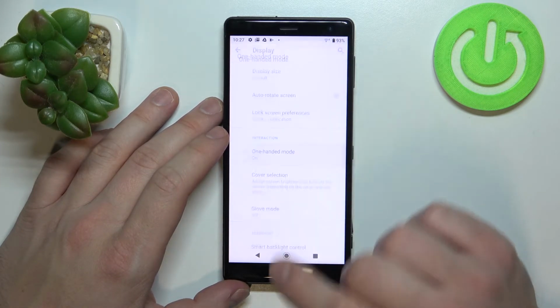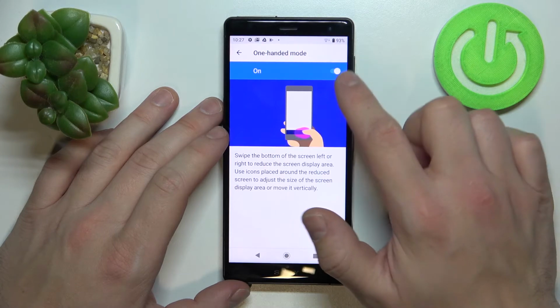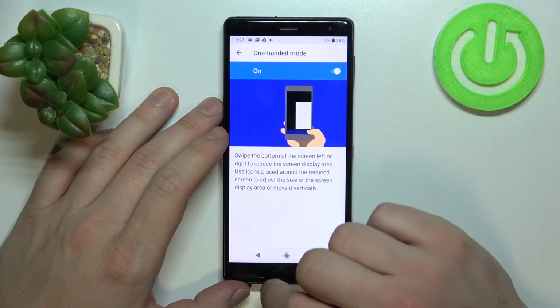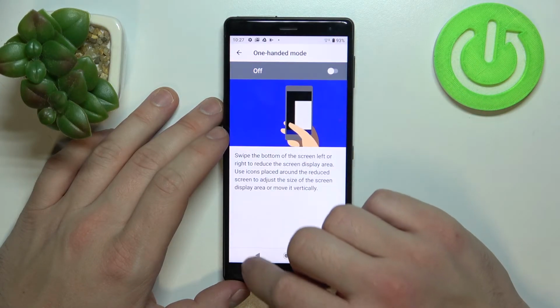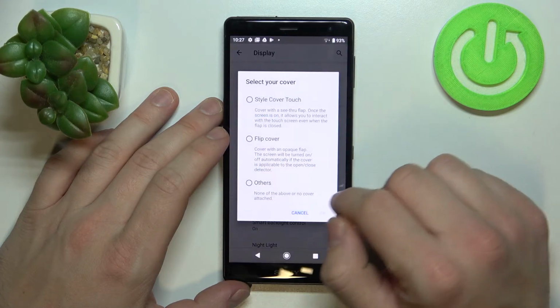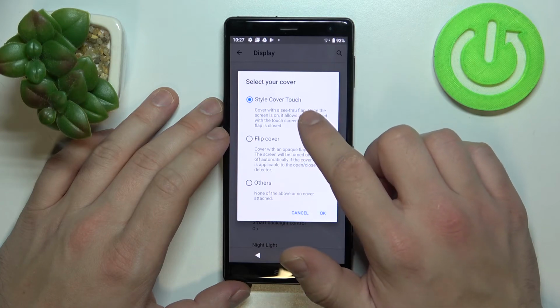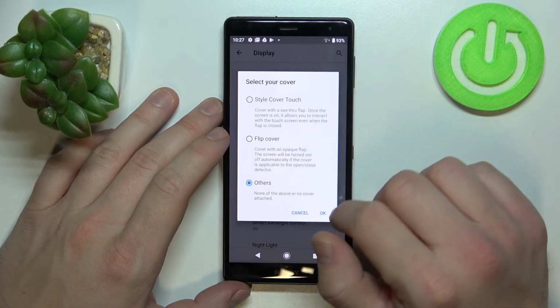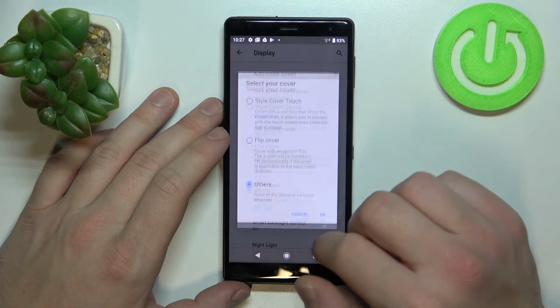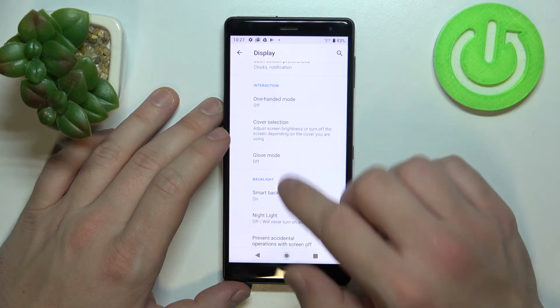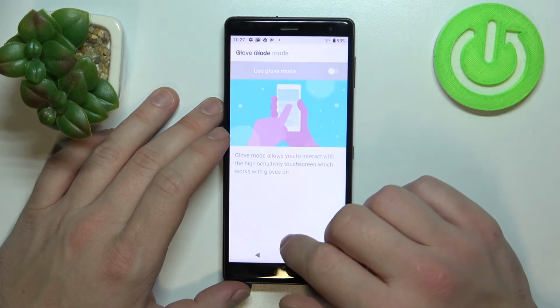In advanced, you can enable or disable one-handed mode, cover selection between style cover touch, flip cover and others. You can enable or disable glove mode,